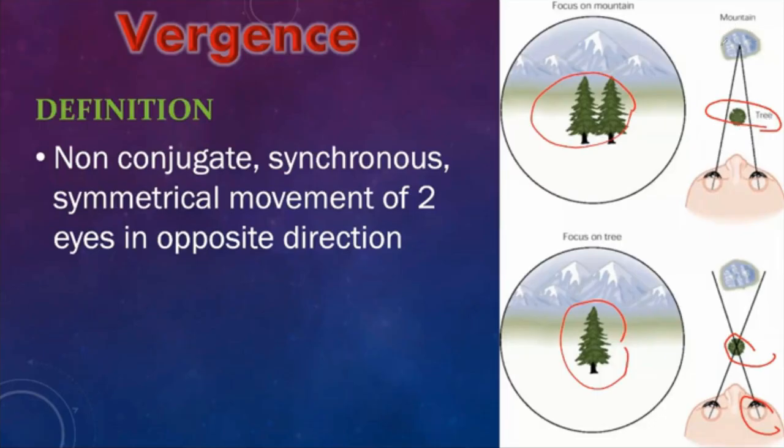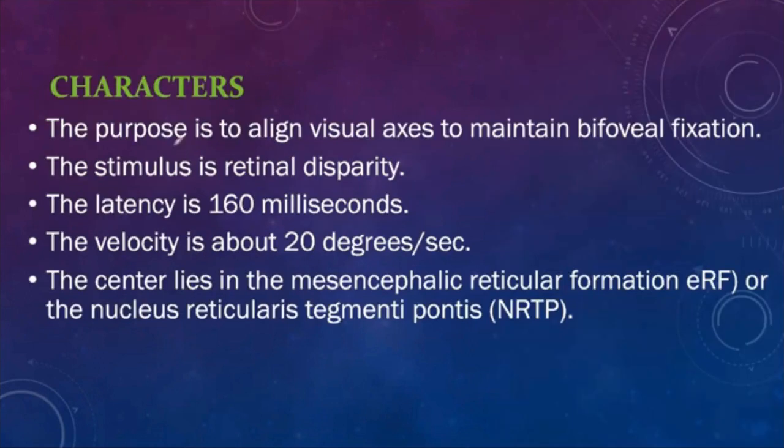If we are maintaining fixation over the mountain here in the horopter, the areas before are falling on non-corresponding retinal points, leading to cross diplopia, so that the image of the tree here or the tree here is seen double. That's why both eyes converge in order to place the tree on corresponding retinal points over both eyes. So the purpose of